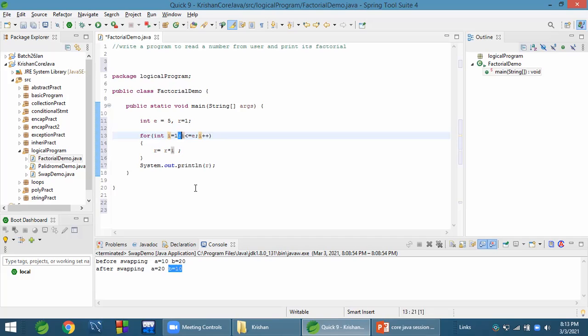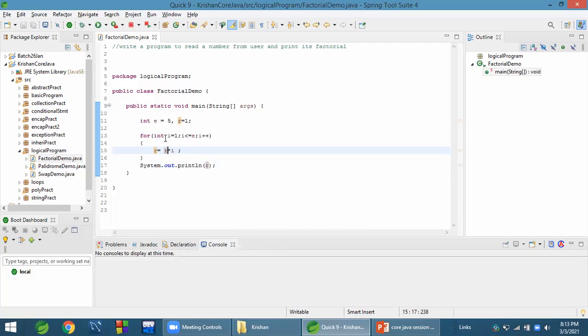This loop will continue 5 times, and each time it will do R into I. R is 1 and I is 1. It will do 1 into 1, then 1 into 2, then 2 into 3. Then whatever the answer is, that into 4. Since this is correct, let's run this.